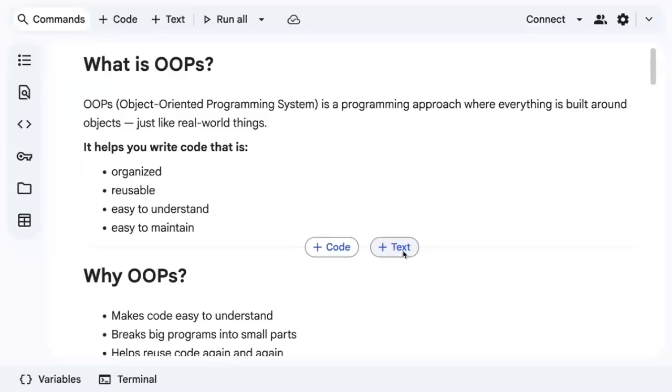Hey everyone, in this video I'm going to discuss what exactly OOPS is, which is important when it comes to programming languages. OOPS stands for object-oriented programming system, which is a programming approach where everything is built around objects. Just like real world things, we treat everything that we're going to program as a real world object. With the help of OOPS, you can write code that is more organized, reusable, easy